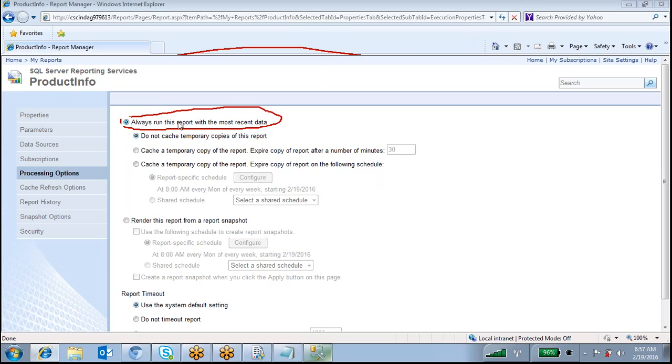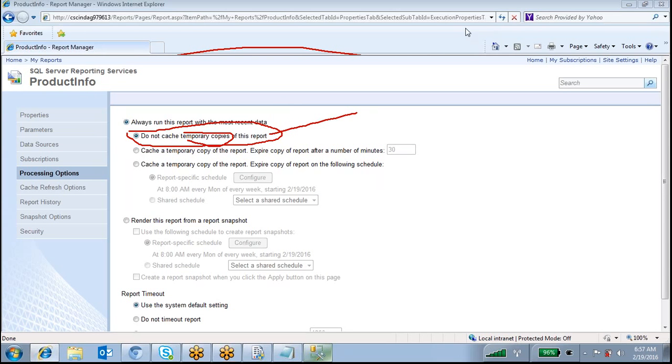For example, don't cache temporary copies of this report. By default this option means we are not caching.